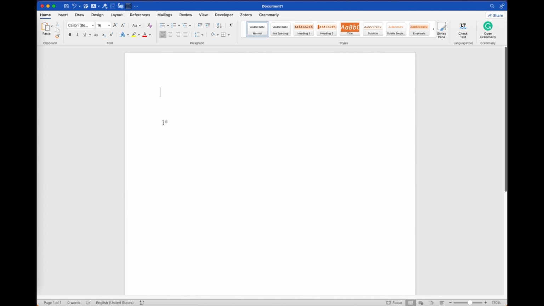Now I talked about adding headers and footers, and we are done with headers and footers. We are done with the margins on both the left and the right side. We are done with the text area. I talked about adding and removing tabs, and I said I added this tab called Zotero, and I added this tab called Grammarly. Now this can be done simply by, if you're using a Mac, ensure your Word document is open,